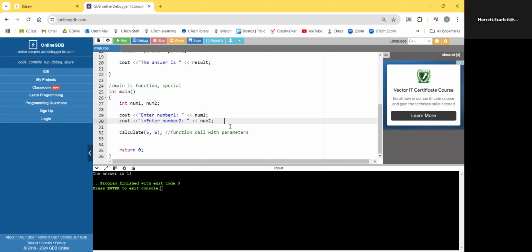So having done that, we can then say, instead of taking in 5, we take in num1. And instead of taking in 6, we take in num2. And what this means is that the value that the user has entered into num1 and num2 are now going to be passed into the calculate function. So if we execute again,